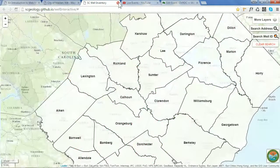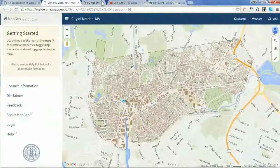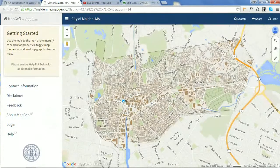And then this, AppGeo is a company that has this product called MapGeo, which uses CartoDB as a backend for all the data, and then just a bunch of custom SQL queries and everything on top of that, and custom CSS and interface. And so they have this real cool